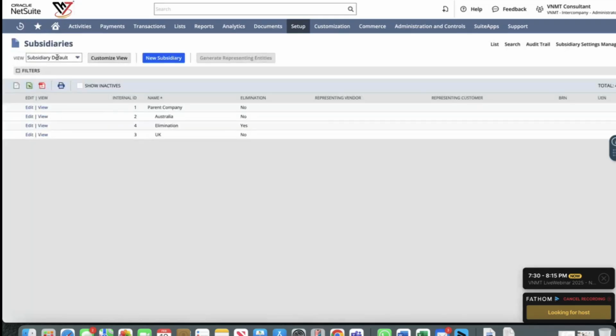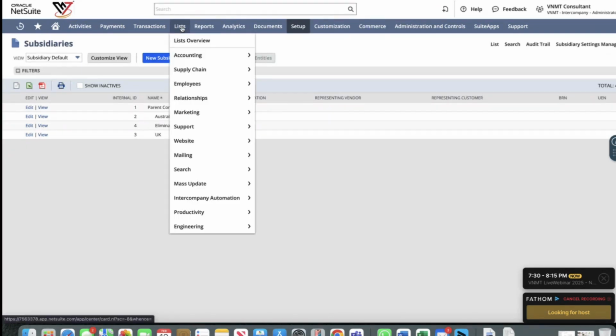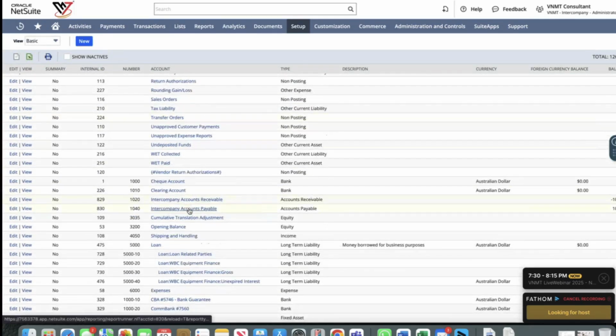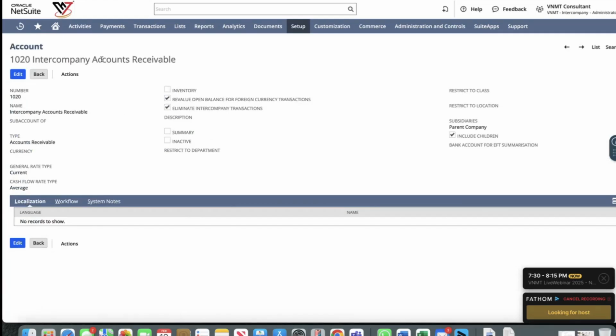Okay. Next thing we need to do is create our intercompany accounts payable and accounts receivable. These are different from your original or native accounts payable and receivable accounts. You go to lists, accounting, and accounts. In this case, I have already created my intercompany accounts receivable and intercompany accounts payable. I'll open my intercompany accounts receivable. The only difference between normal accounts receivable and intercompany is that this checkbox needs to be ticked on. If it's not ticked on, it will not perform the auto elimination and won't register any of your transactions. The same activity is needed for your intercompany accounts payable: you need to have the eliminate intercompany transactions